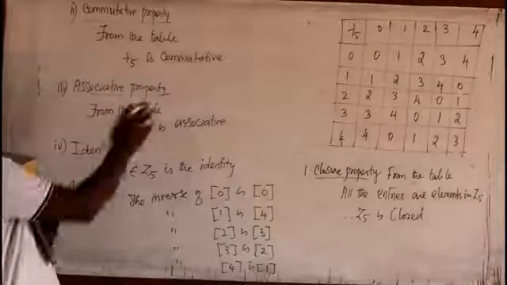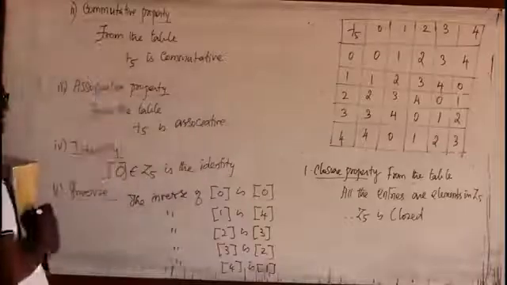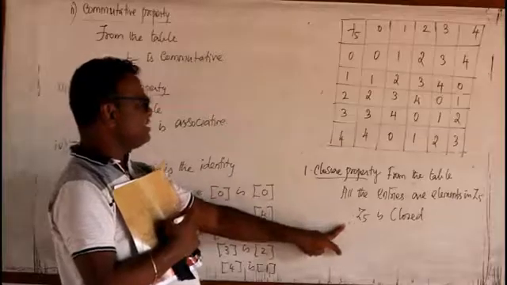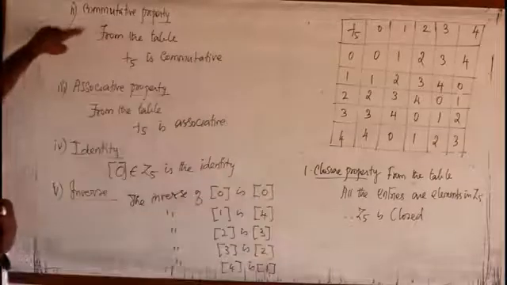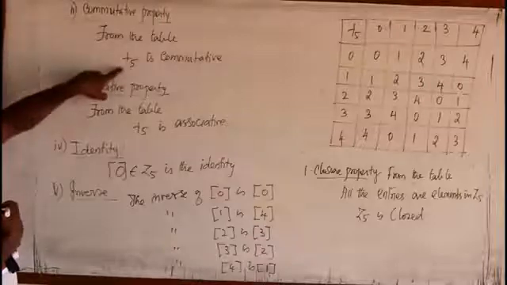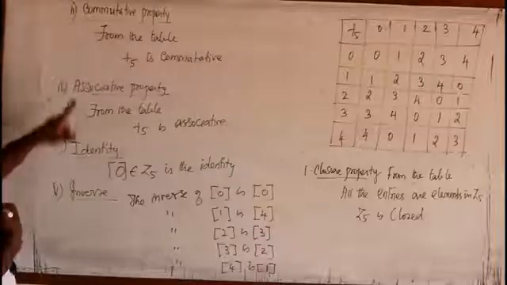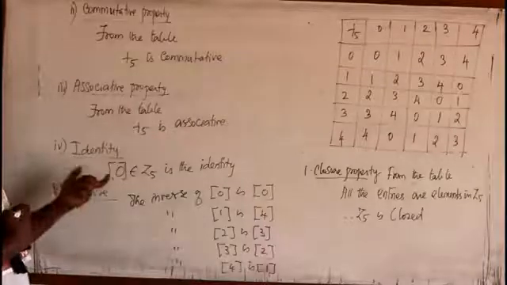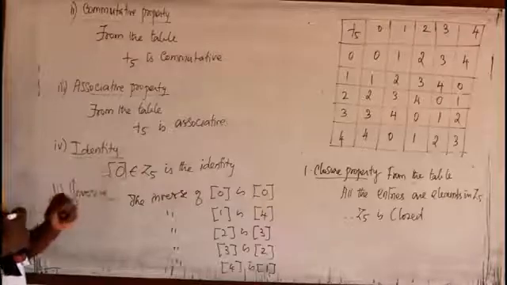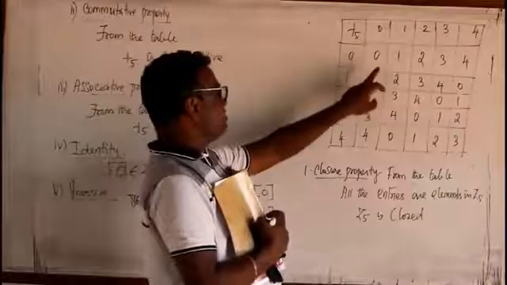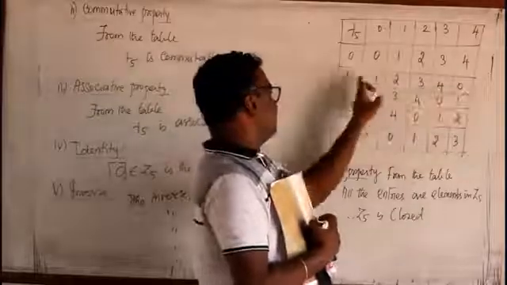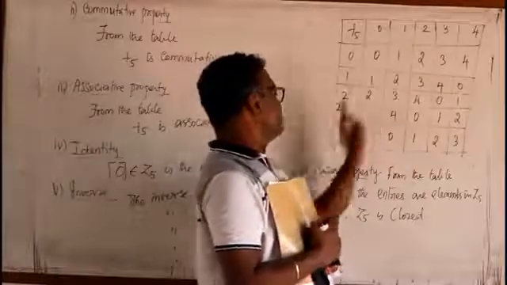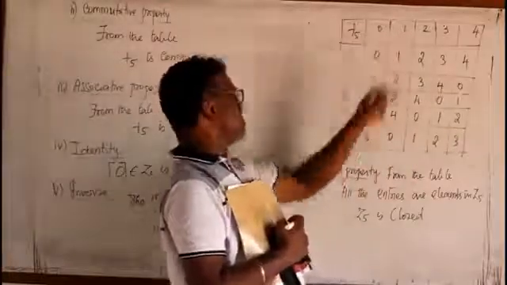The easiest problem. If you know the operation, you can write the rest as it is. From the table, you just write that all the entries in the table are elements in Z5 already, therefore Z5 is closed. We know addition is always commutative, so you just write that addition modulo 5 is commutative, and you also mention that from the table you understood. Similarly, from the table you understood addition modulo 5 is always associative. In addition, we know 0 is always the identity, so 0 is the identity, and you can find the results wherever 0 is coming. There the inverse exists. 1's inverse is 4, 2's inverse is 3, 3's inverse is 2, 4's inverse is 1, and 0's inverse is 0.